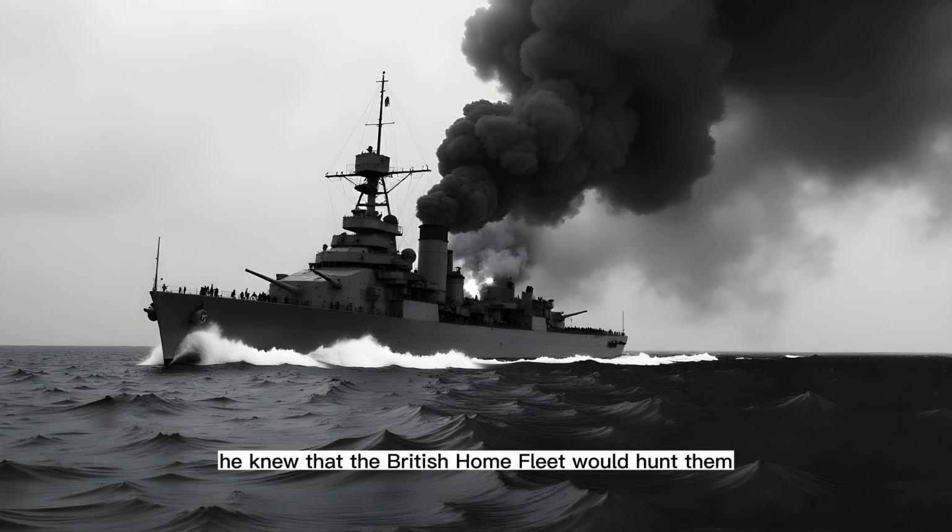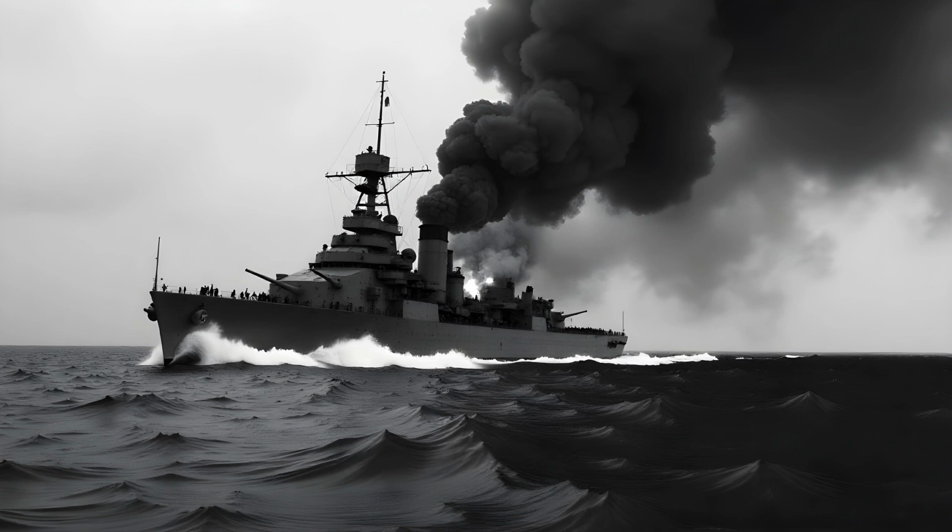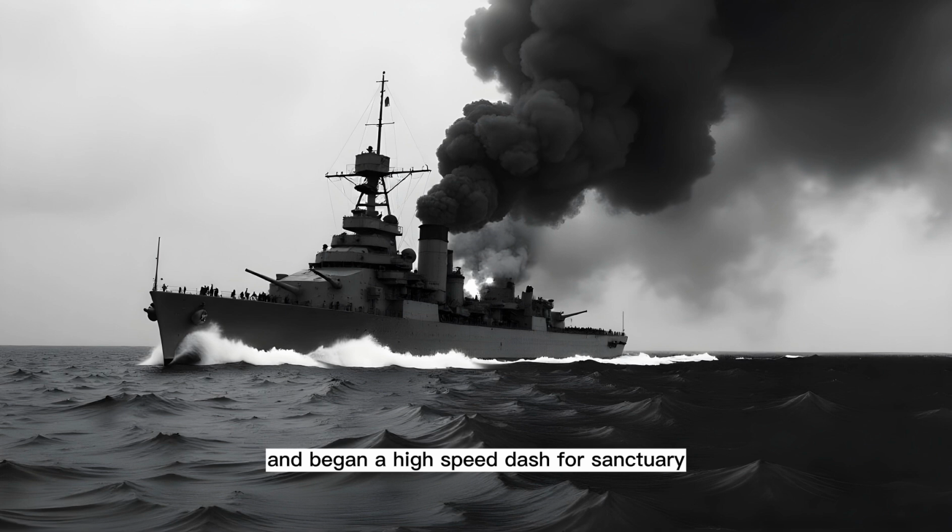He knew that the British home fleet would hunt them relentlessly. Rather than press on into the Atlantic and risk further damage with limited fuel, he decided to abort the operation and steer Bismarck toward occupied France, where repair facilities at Brest could restore her to full fighting condition. He detached Prinz Eugen to continue independent commerce raiding, while Bismarck turned southeast and began a high-speed dash for